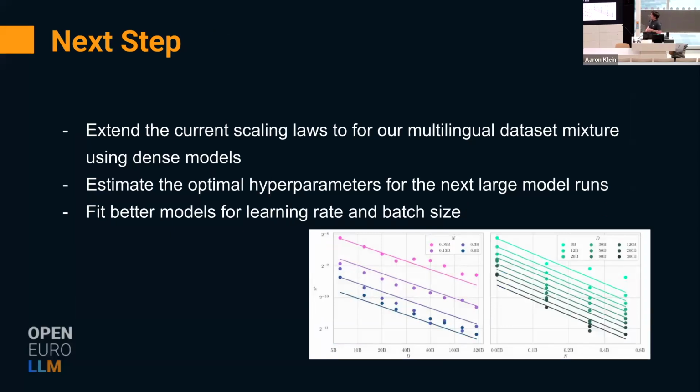Those results that I showed you were mostly done on monolingual English, and we're now extending that to multilingual data sets. But there are also some further research questions that we need to address. Especially if you want to model the performance, we found out that the models in the literature are not perfectly matching the data that we observe, right? There's a discrepancy between the model fit and our data. So we need to improve those models to predict learning rate and batch size on larger scales.